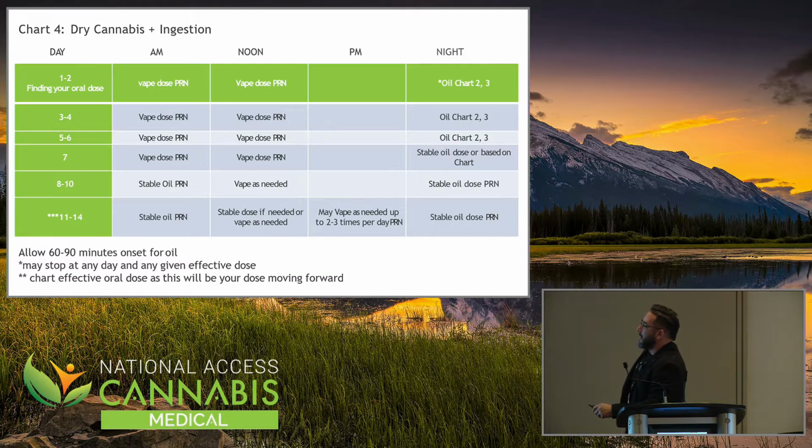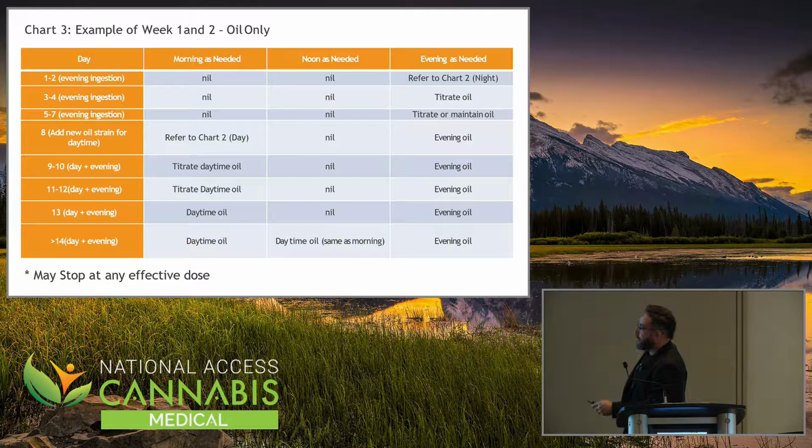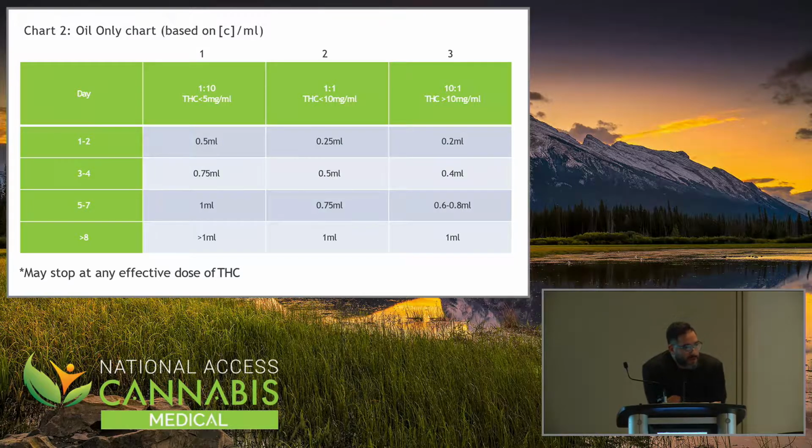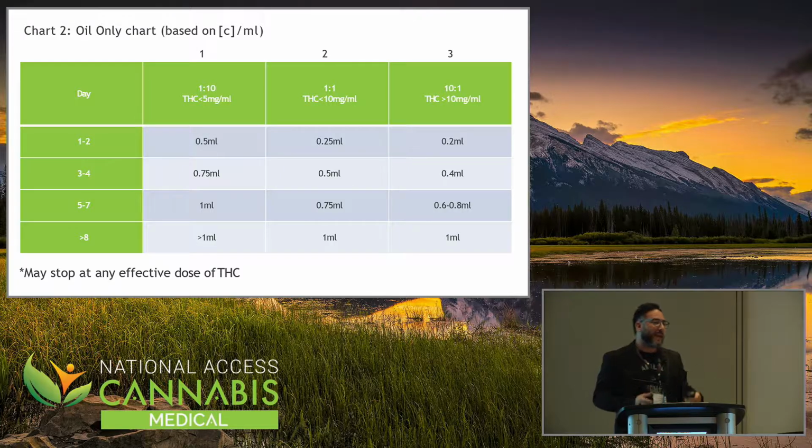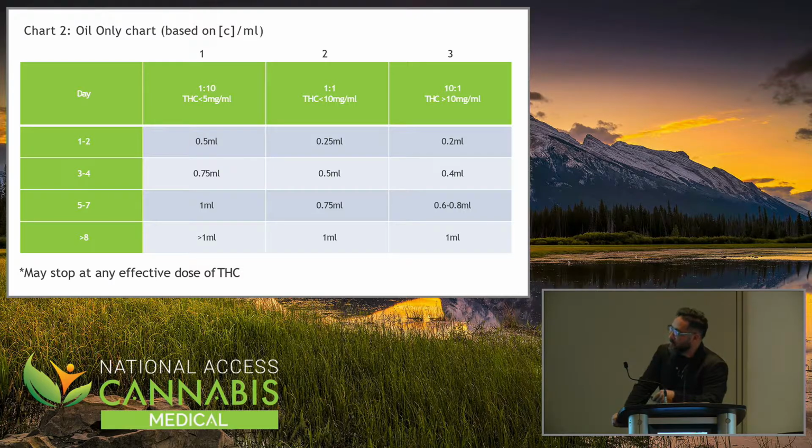In the same vein, if they were using something that was 10 milligrams of THC and 10 milligrams of CBD per 1 milliliter, and again, you were just initiating them, it was their first day, which column from this table would you plop in there? 2. You could start them at 2 or 3, depending on how old they were, or based on their habitus, based on their reservations to the use of cannabis. Of course, it's never wrong to start them at any of these 3.